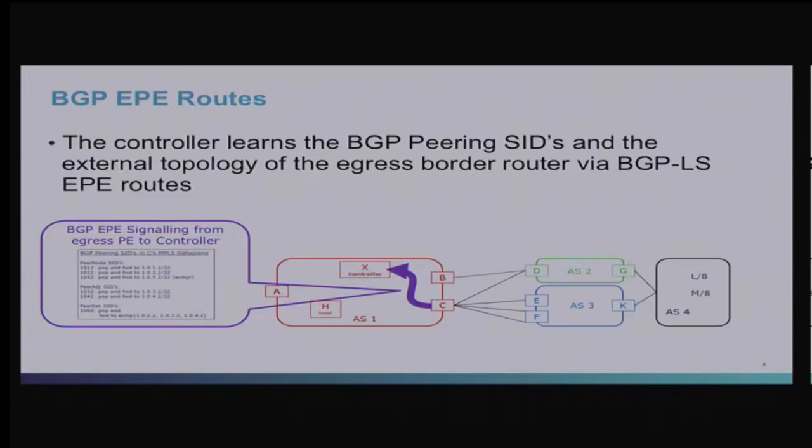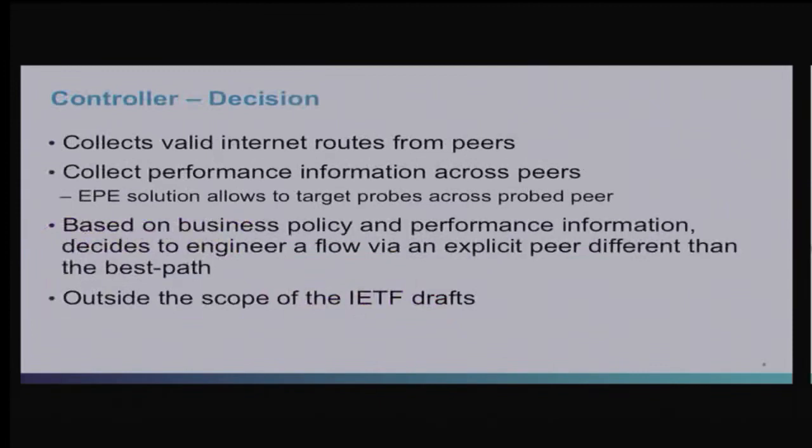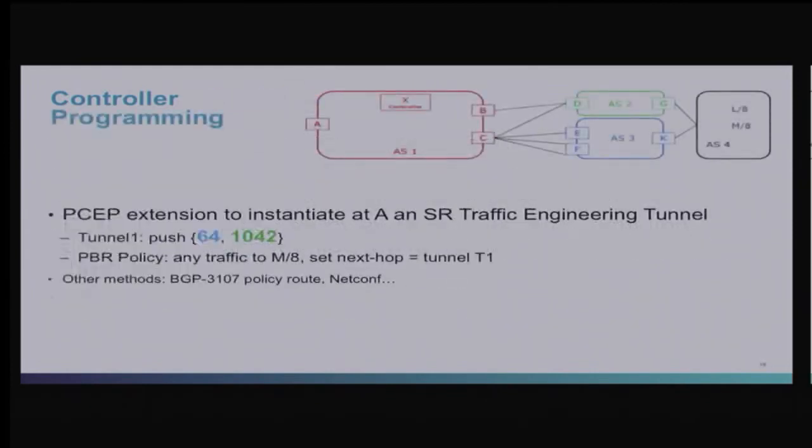The controller receives the BGP-LS feed that describes the internal topology, this is classic BGP-LS, plus the BGP-LS EPE extension that describes the external peering connectivity. Gluing the two together, it has the full internal topology of AS1 and the exit peers, together with the label associated to each peer and physical interface to the peer. So basically, the controller acquires all the information it needs to map the network and the external connectivity and have the necessary label to steer the traffic the way it wants. How the controller will make a traffic engineering decision is specific to the operator and it's outside the scope of the discussion.